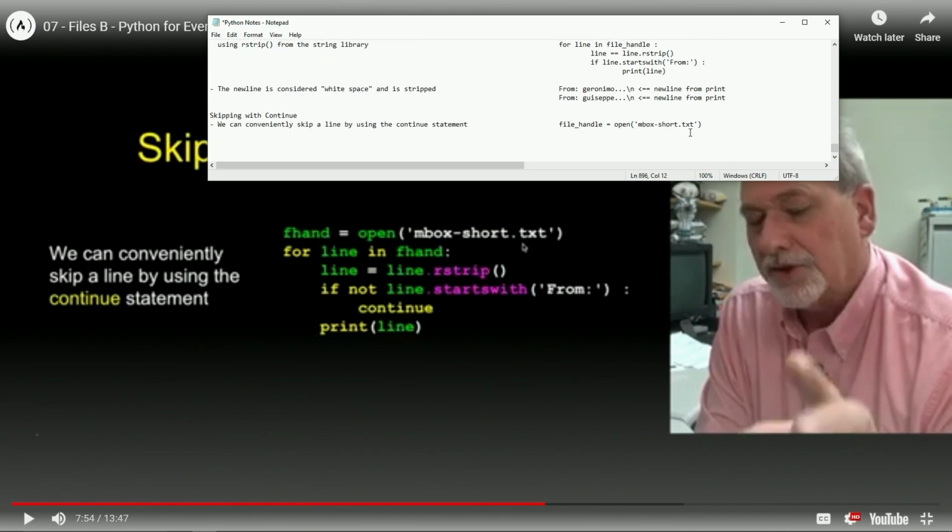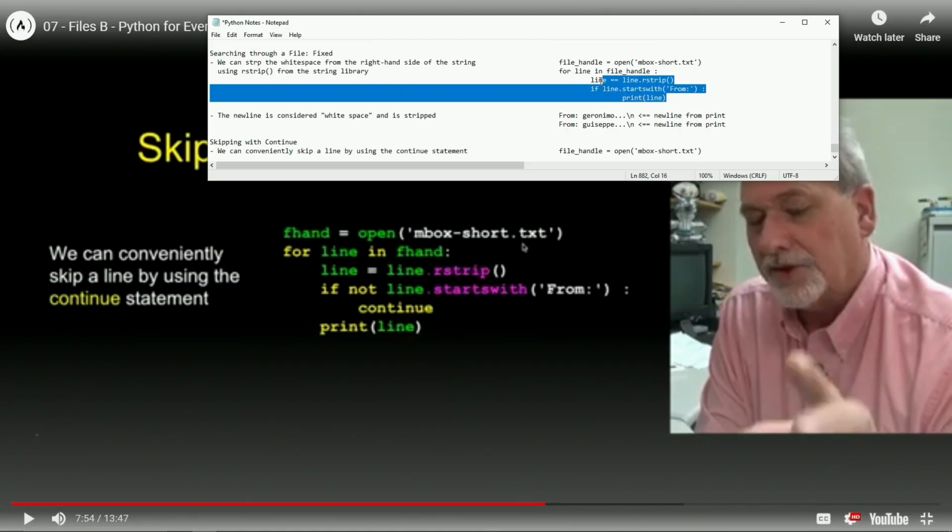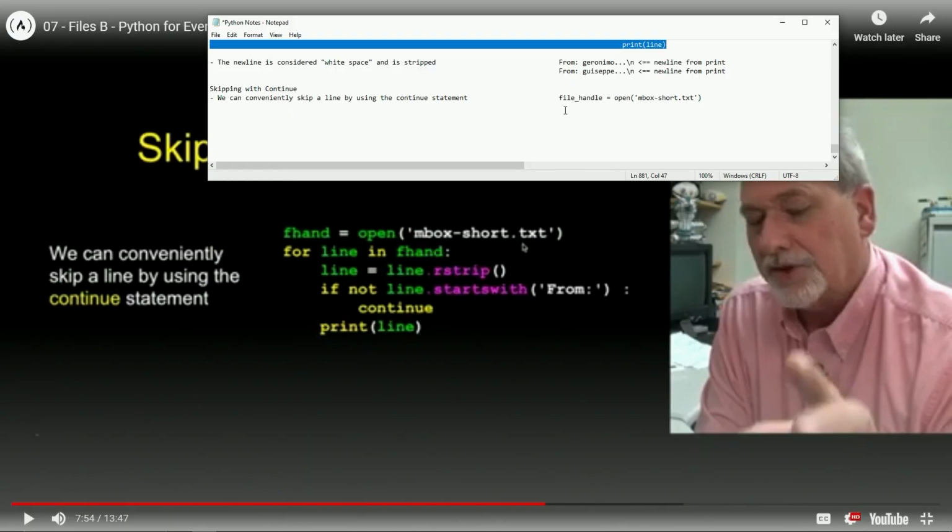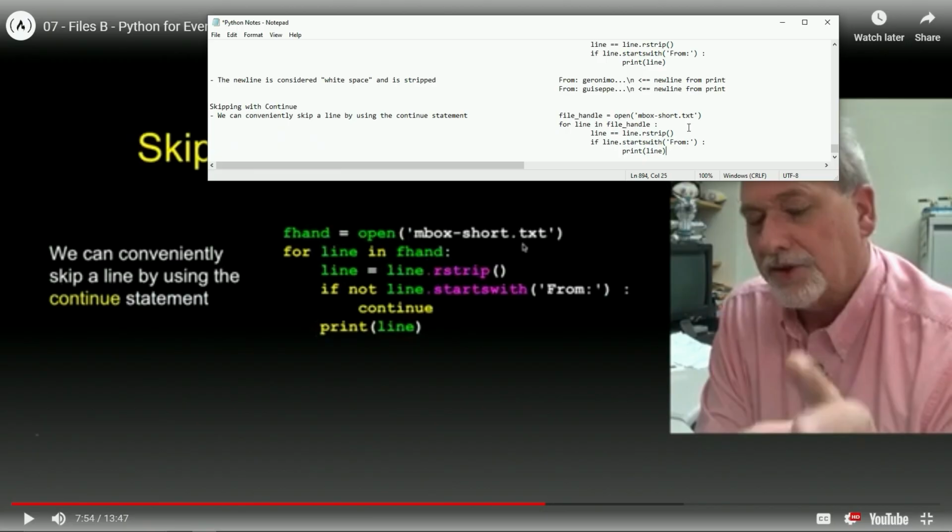You know what else? Watch this. Let's see if we can at least grab this. I think we can. Let's grab that and drop it here, and then grab all this, and I don't think we need it anymore. So right here, let's put in the continue, if not line. All right, so lined up our strip, if not line, right?